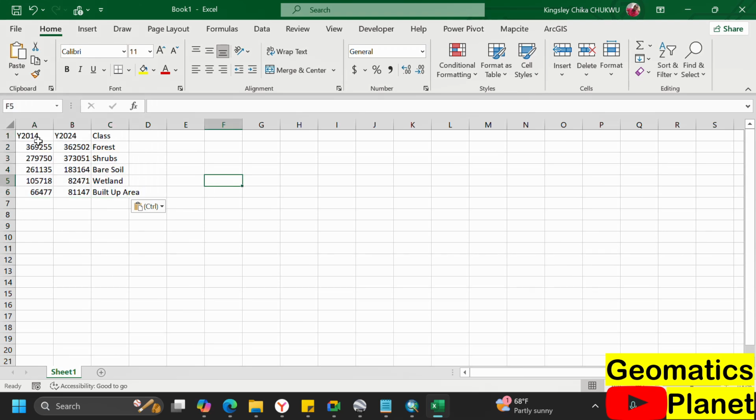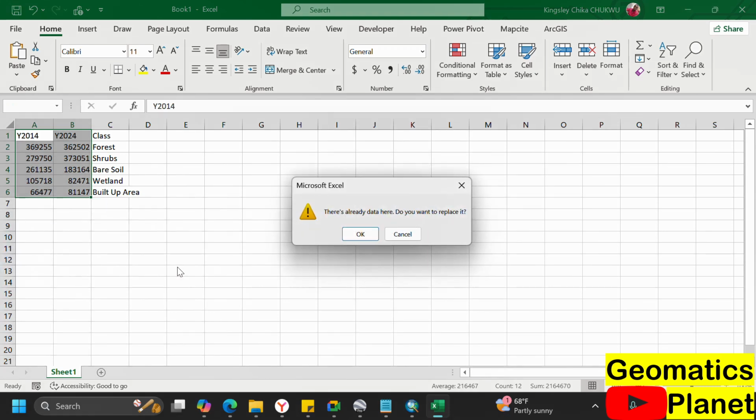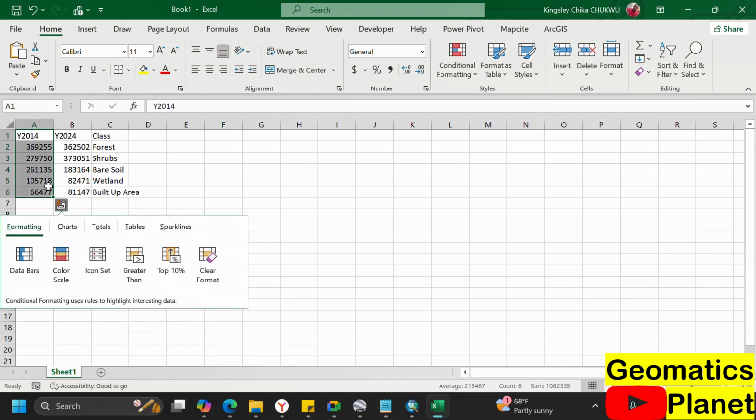So for us now to get the percentage, we can select all of them, press Ctrl Q, go to total, and you can get the total percentage. So already added here. Do you want to replace it? No, I don't want to replace. So I want to do it for each of them here, and then I'm going to press Ctrl Q, total, this, go here, percentage,